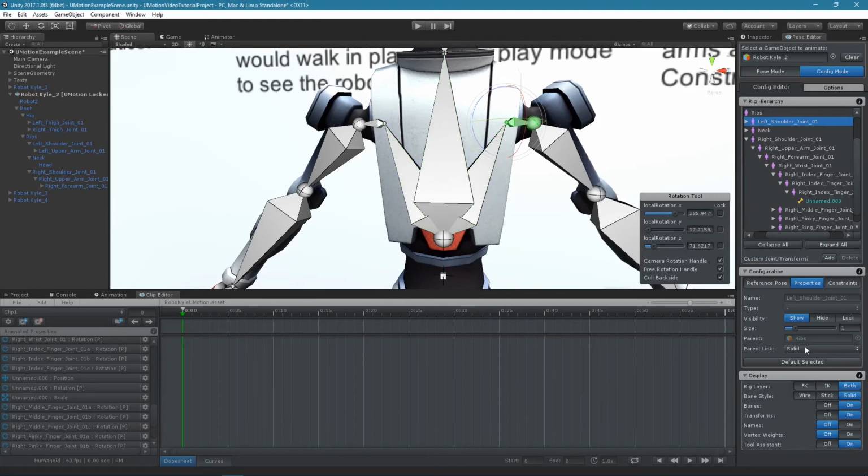The parent link style property defines how the connection between the selected joint or transform and its parent is displayed. For bones, the default setting is solid. Dashed displays the connection as a dashed line, and hidden displays no connection at all.